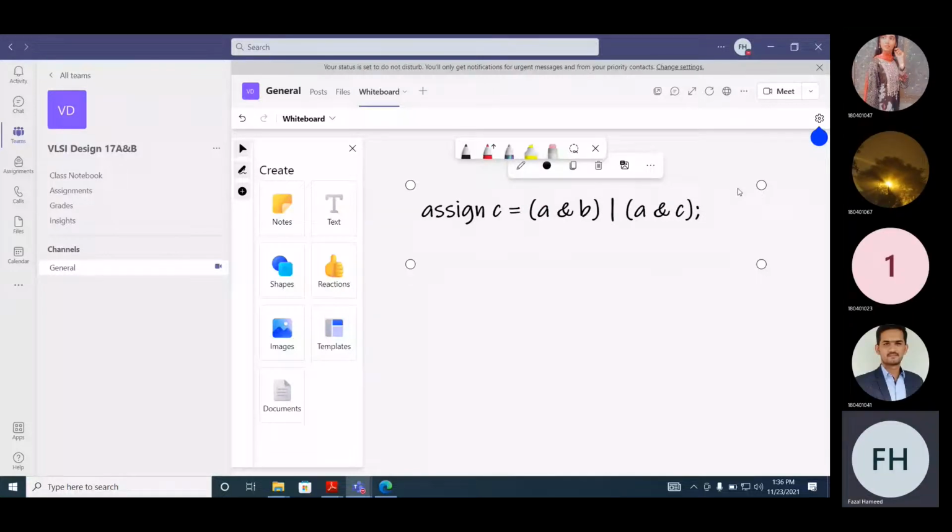Combination function. So if it is a combination function, a macro cell can be used to implement this.